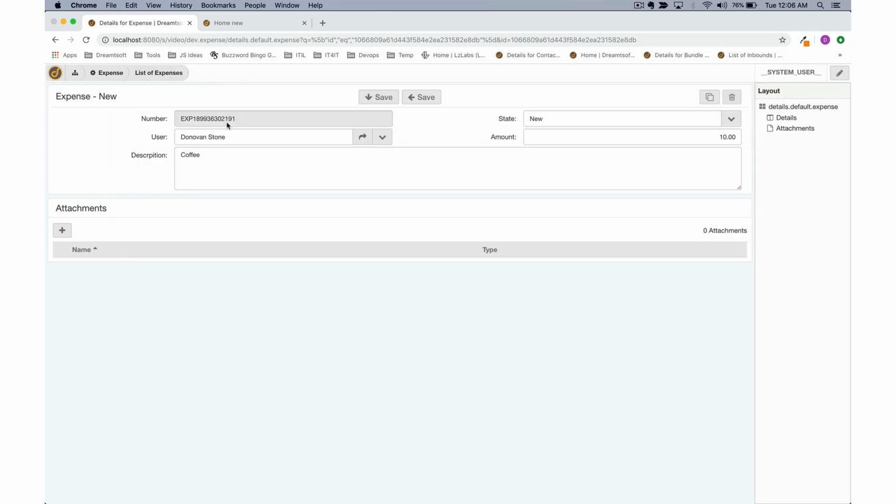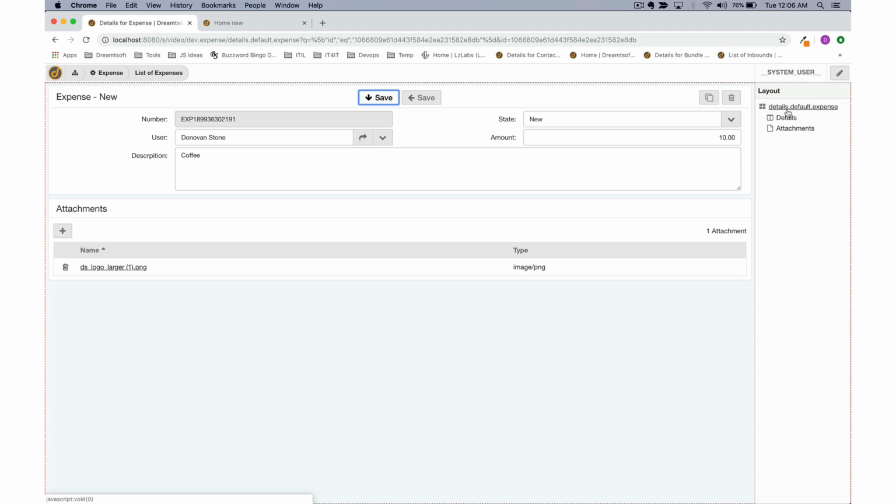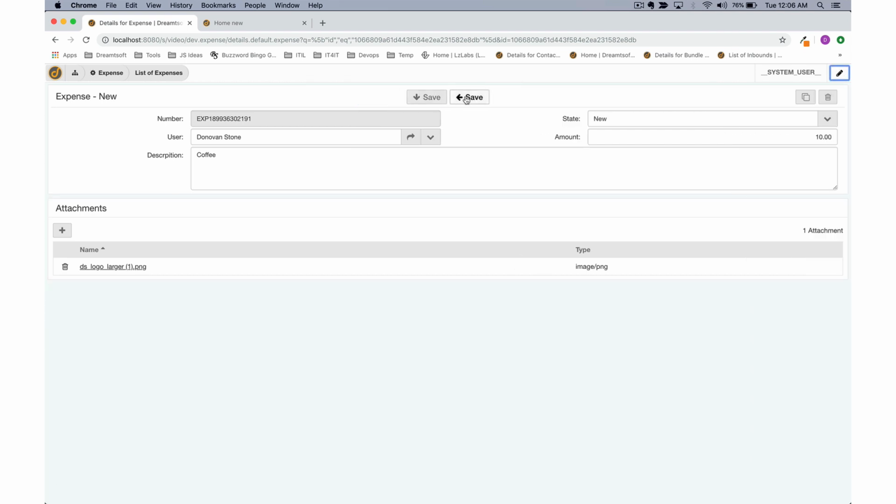So I'll attach this Dreamtsoft logo. There it is. Now I can save that as new. And if everything's good, I can submit that. So it gives you capability not only to configure the detailed components, but you can create your own pages and add multiple components there. So I've created my data model, I've configured my list, I've configured my form, but now